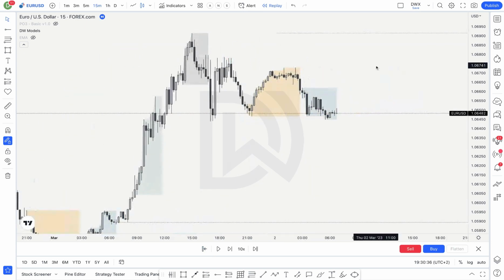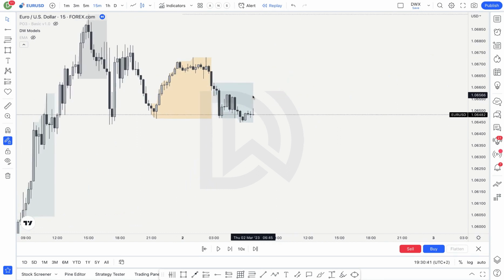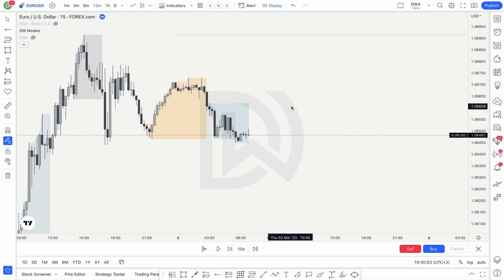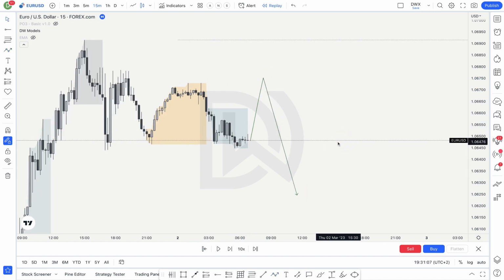This is where the Asian session ended. For those folks in South Africa, it ends currently at 7 a.m. our time, GMT +2, and starts at 3 a.m. So when the Asian session ends, I'm looking and seeing, okay, I have a short bias, so I'm going to look for sells. My first idea is to see price take out some sort of buy side liquidity, either previous highs or a previous session high, and then take the short towards the downside. Right off the bat, that's what I want to be looking for.